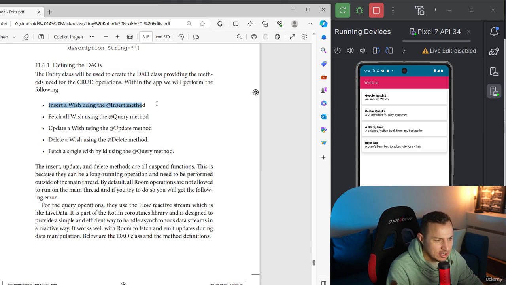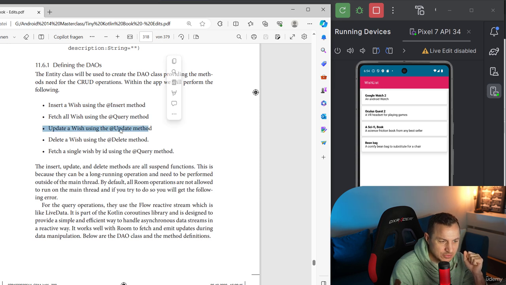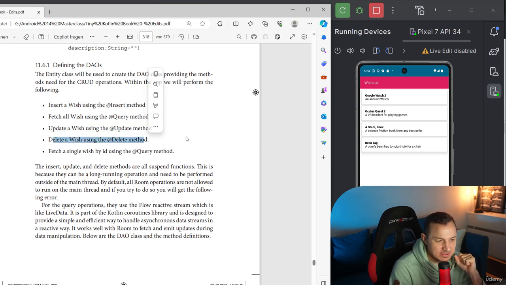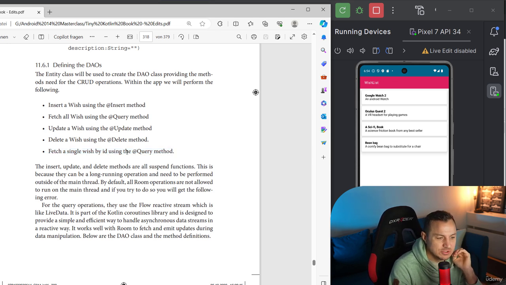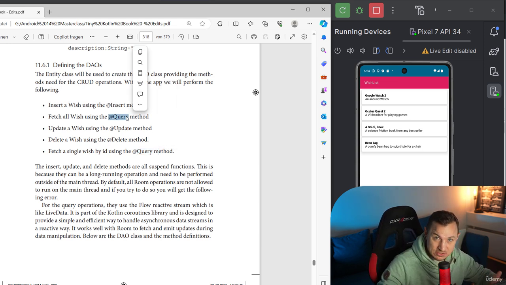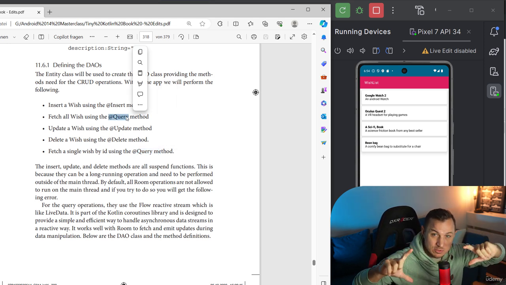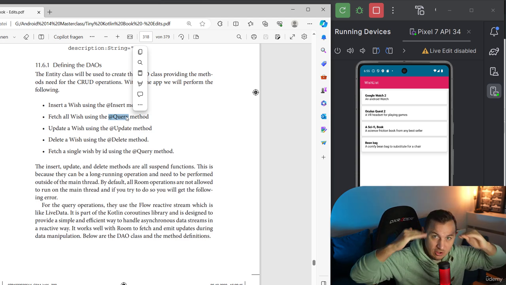We will insert a wish using the add insert method, then fetch all wishes using the add query method, update a wish using the add update method, and then delete a wish using the add delete method. And if we want to fetch a single wish, we're going to use the add query method again. So the add query method is used once to get all the wishes, and that's going to be on the home screen, or the home view, where we want to see all the wishes that we have